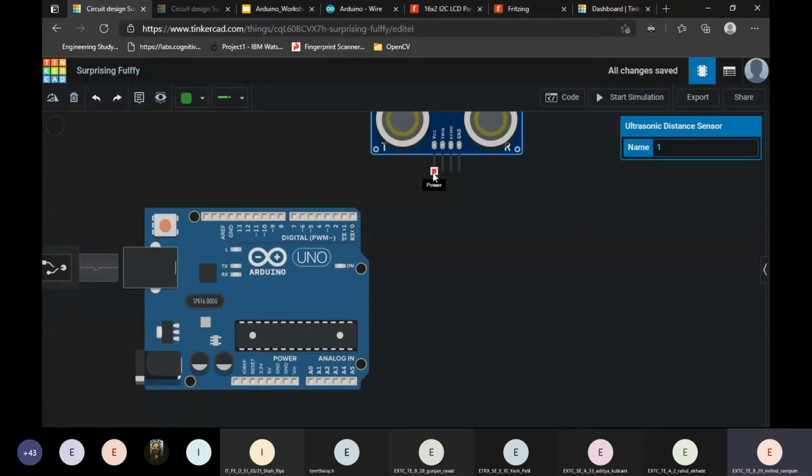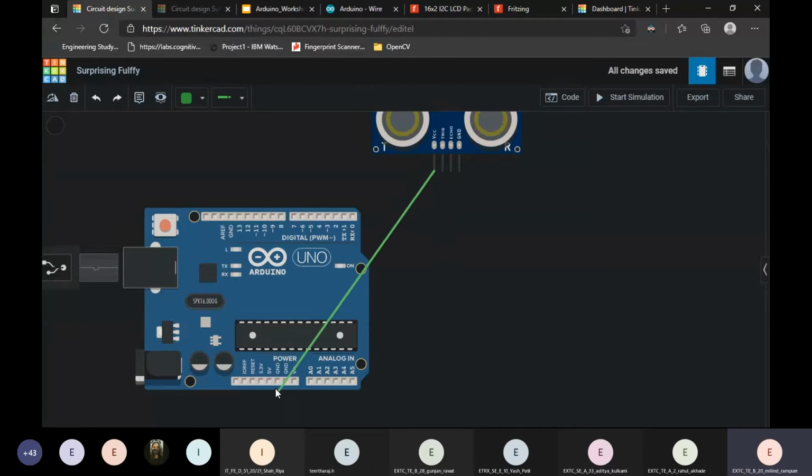Now we'll see the connection part. As I said, we need to connect this VCC pin to the 5-volt pin here, and the ground to the ground pin. This trigger pin we connect to pin 13, which is a digital pin. And we connect this echo pin to pin 12, D12.